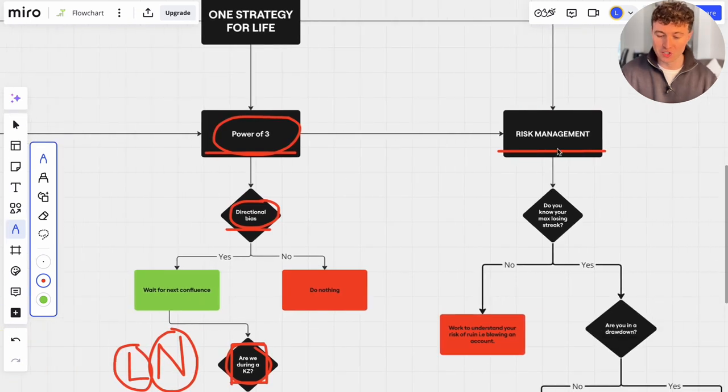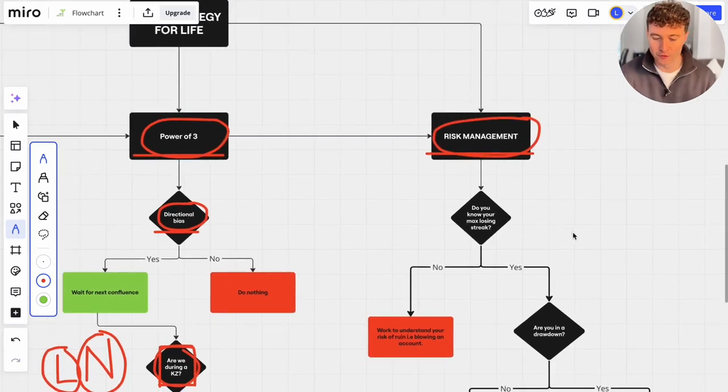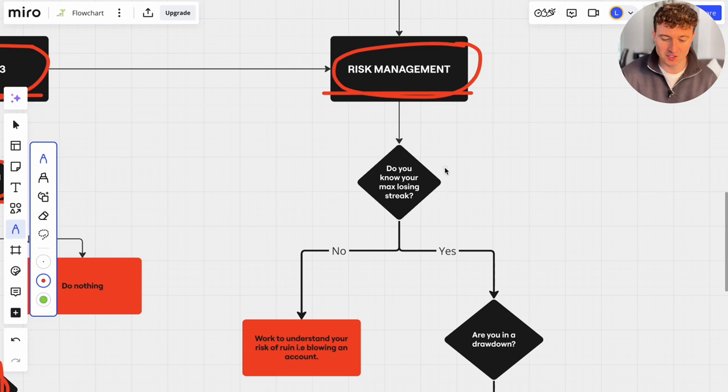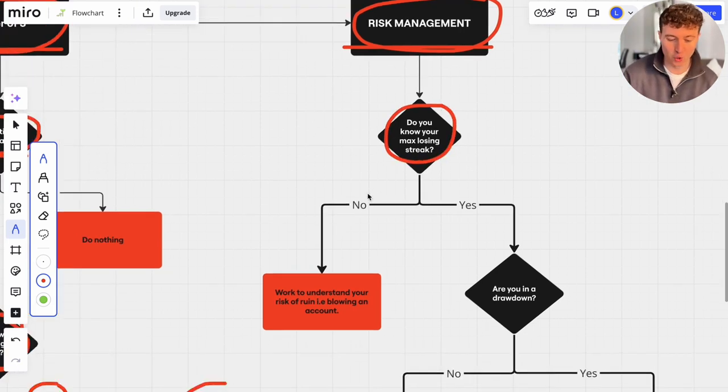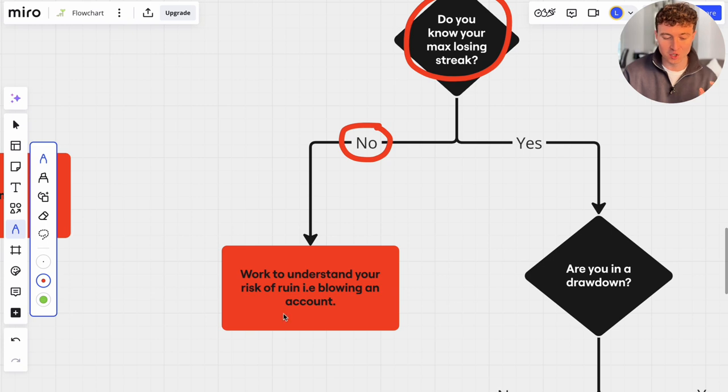Okay, so step number 2 is incredible. But if you don't understand step number 3, you will continue to blow many, many accounts. And step number 3 is risk management. The first thing that you need to ask yourself is, do you know your max losing streak? If the answer is no and you do not know the maximum amount of losing trades in a row for your trading strategy, then it's very important that you work to understand your risk of ruin,